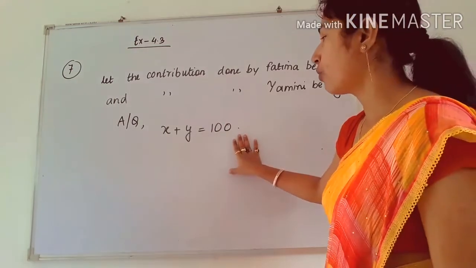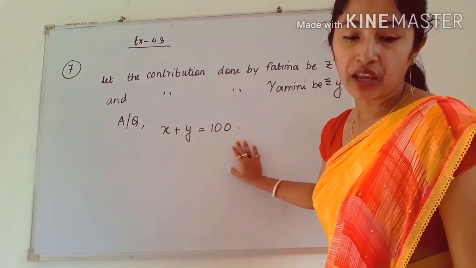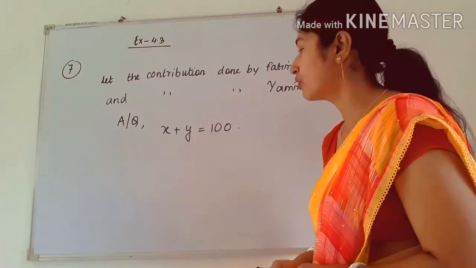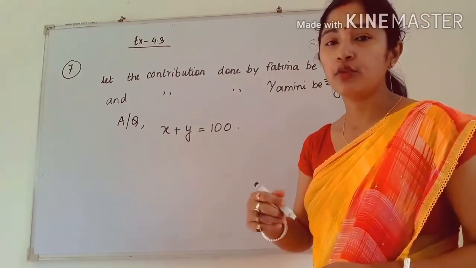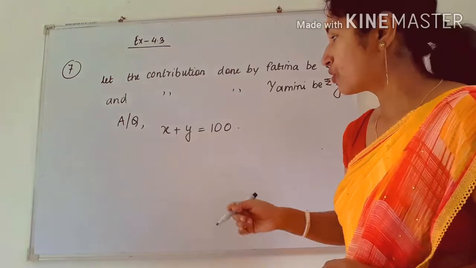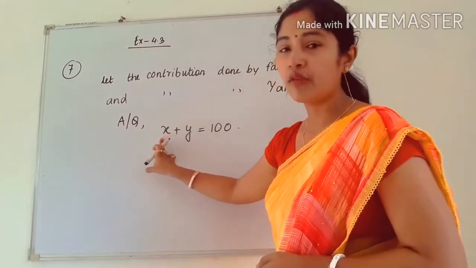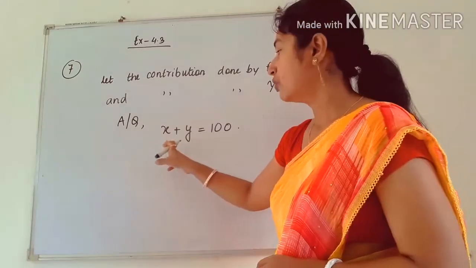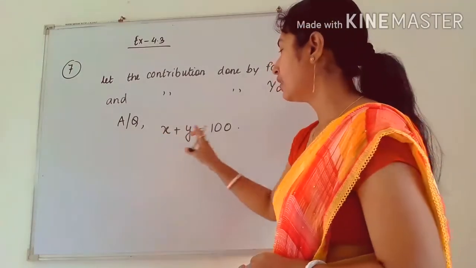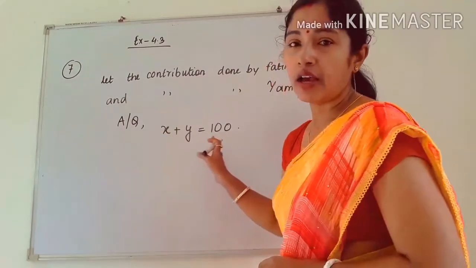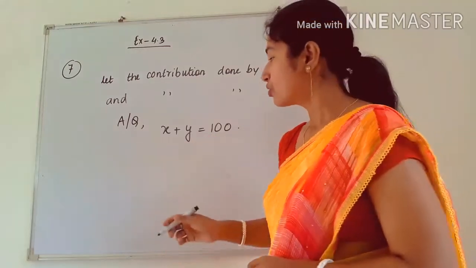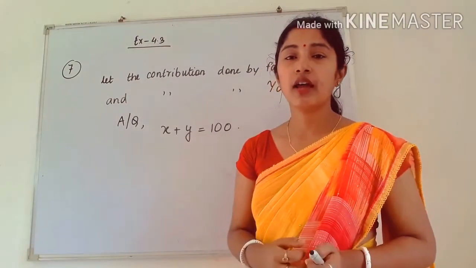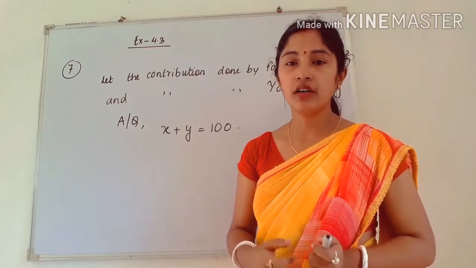So this is the linear equation we got, and of this linear equation you have to draw the graph. So for drawing the graph we have to first find the solutions. So here you have to put values one by one, so first of all put 10, then 100, then you can take any value, and you will get the value of y. As you all know how to find the solution, so write 4 sets of solutions for this equation, and then finally draw the graph of it.